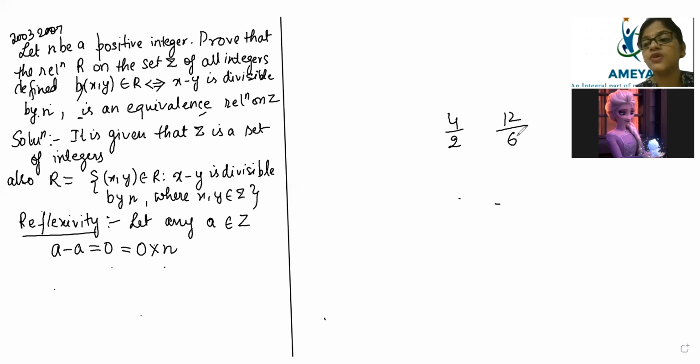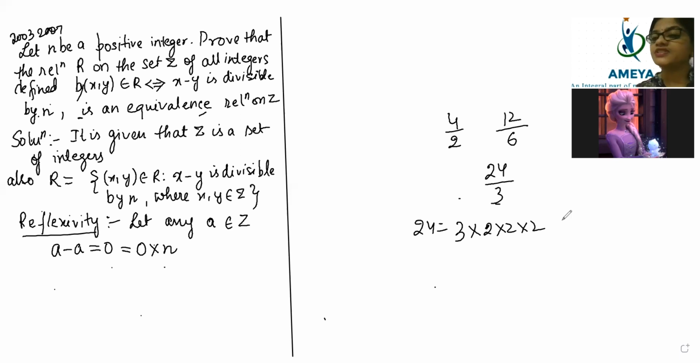Because I'm going to teach you a very important thing here, so if you agree, then only say. If I say that 24 is divided by 3, you will say, yes, Auntie, 24 will be divided by 3 because 24 has 3 inside it. If we do the factors of 24, it will come 3 into 2 into 2 into 2. So 100%, 3 is present inside 24. That's why 3 can divide 24. Say yes or no.